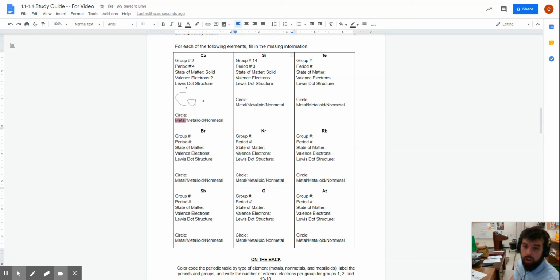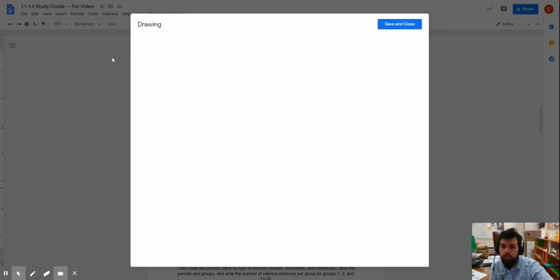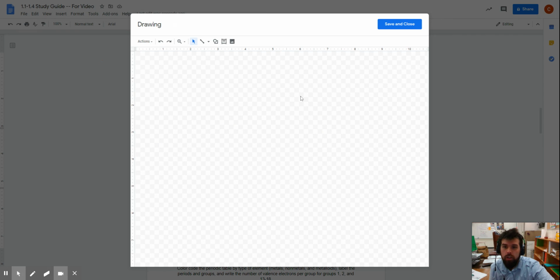Valence electrons, well, let's just count across again. 1, 2, 3, 4. Silicon has 4 valence electrons. Boom. Lewis dot structure, I can do that because if I know how many valence electrons, I know how many dots to put around it. So insert, drawing, new. I'll use my little scribble. S,